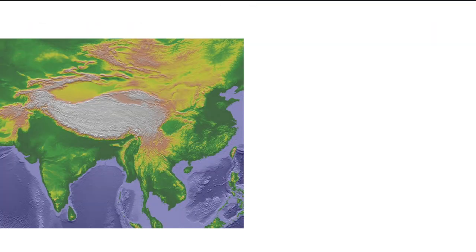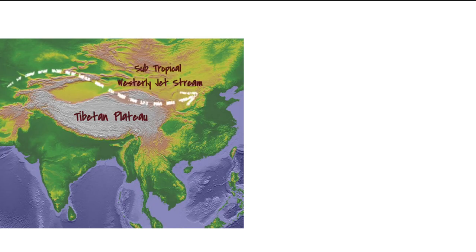And there is a shift of jet stream in summer. With increasing summer temperature, the Tibetan plateau heats intensely. The subtropical jet stream begins to shift northward. By the end of May, the subtropical jet stream shifts to north of the Himalayas. High pressure formed during the winter gets weakened and low pressure develops over northwest India. This creates an ideal condition for the entry of moisture-laden southwest monsoon winds.